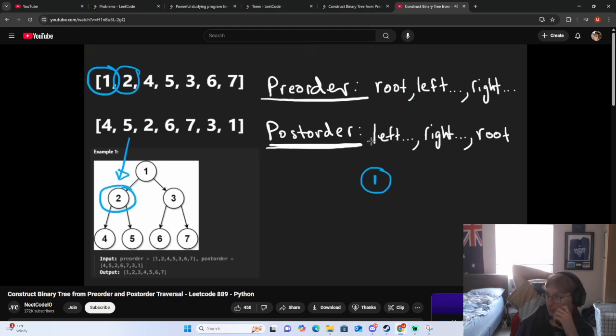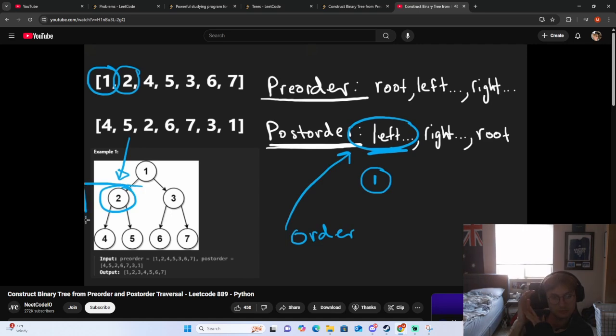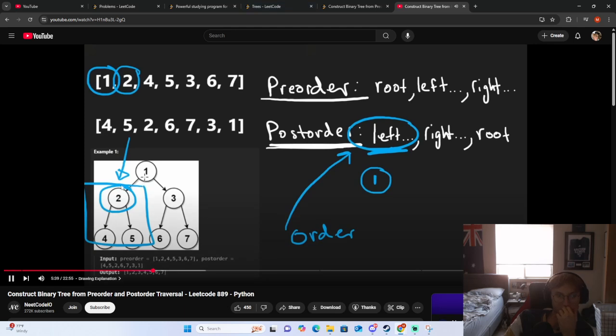Now, you might think, okay, well, the post-order starts with the entire left subtree as well. But the problem is that the order in which the post-order traversal goes through the left subtree is kind of in reverse order from the pre-order traversal. Let me kind of